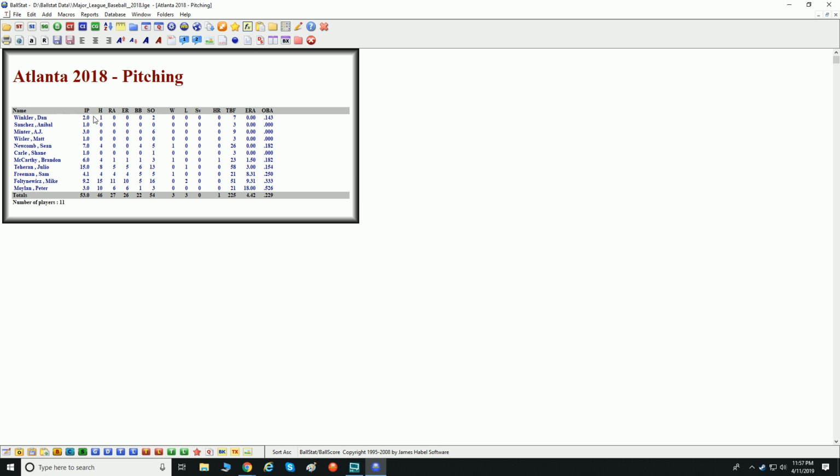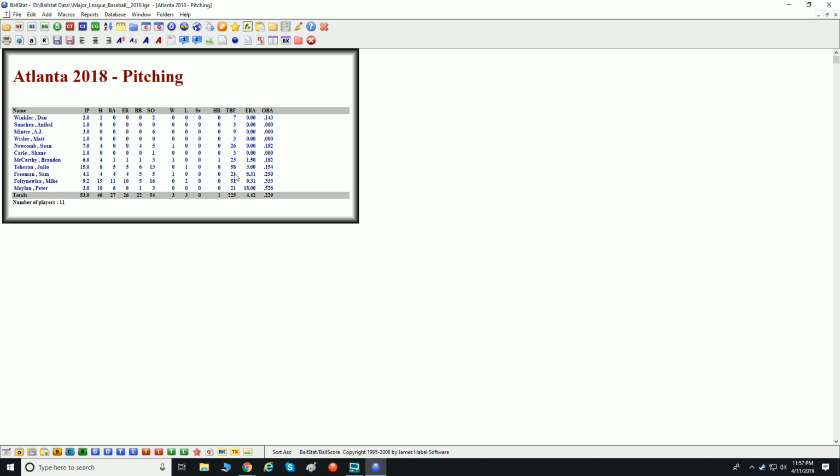So yeah, here is innings pitched, ERA. Oops. So Peter Millen, 18. Oh my gosh. Mike Fulton-Evowicz, he's got a 9.31 ERA right now. Ugh. He's pitched 9 2/3 innings. He's given up 15 hits. He's given up 11 runs. 10 of them were earned. 5 walks, 16 strikeouts. He's 0-2 on the season. He has not given up any home runs, at least.